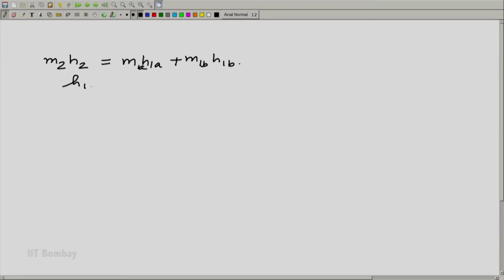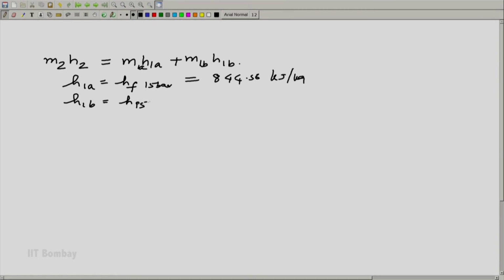We can read that H1A is equal to HF at 15 bar, which is what we have read from the steam table. I will not show the steam table again now, I will just write down those values, which I feel you are conversant with now. So, HF at 15 bar is equal to 844.56 kilojoule per kg, and H1B is equal to